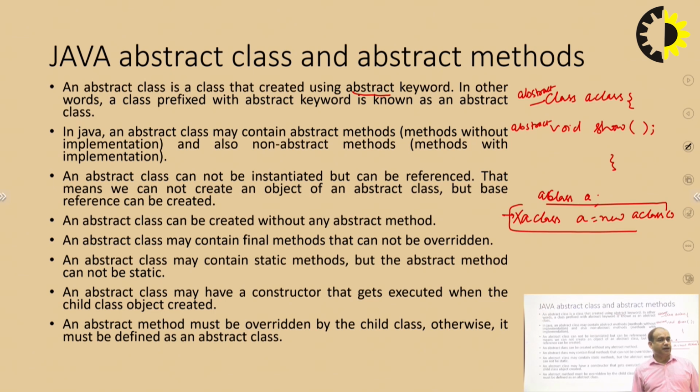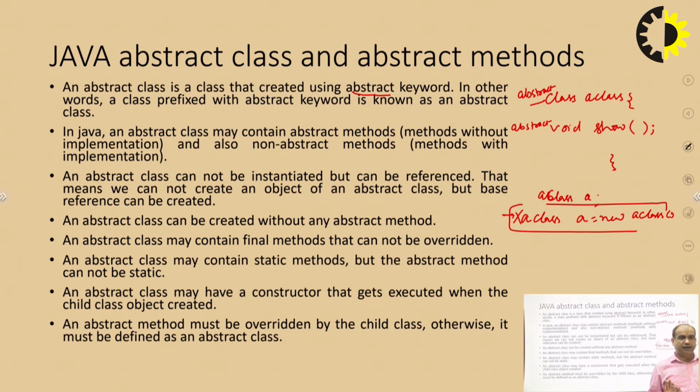Next, an abstract class may contain a final method that cannot be overridden. Means my method can be final within the abstract class. Also, an abstract class may contain a static method, but the abstract method cannot be static. Non-abstract methods can be static. Means if I write any non-abstract method, I can write it as static, but my abstract method will not be